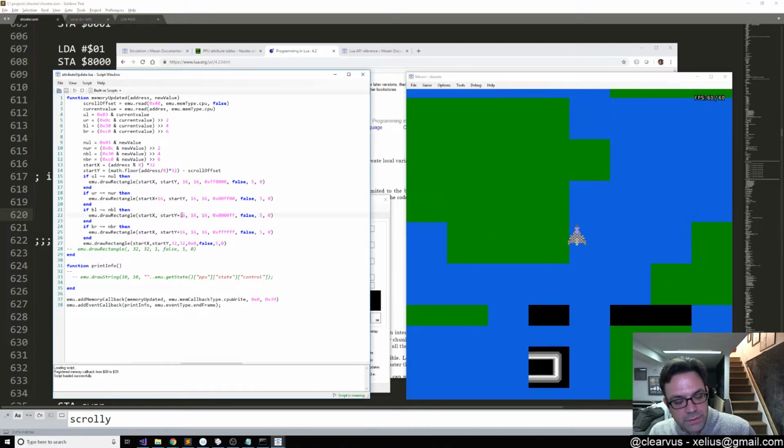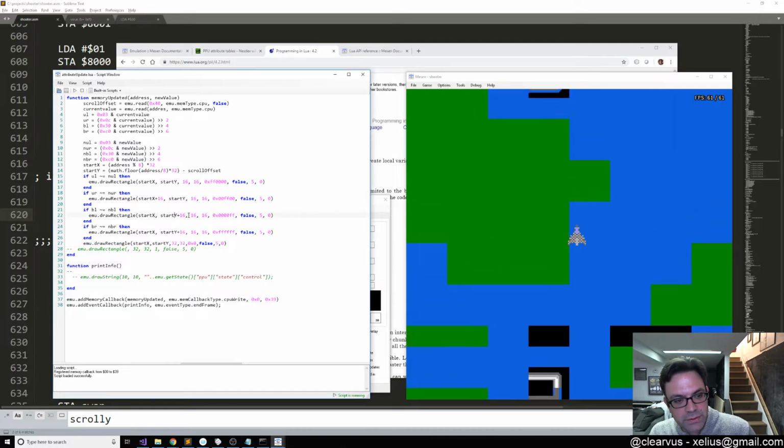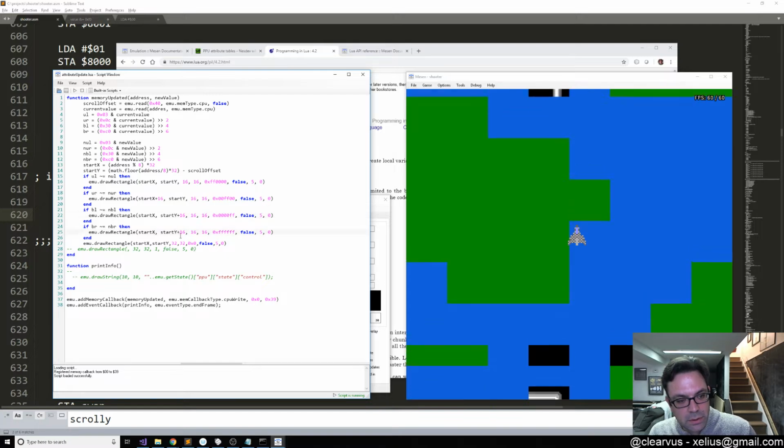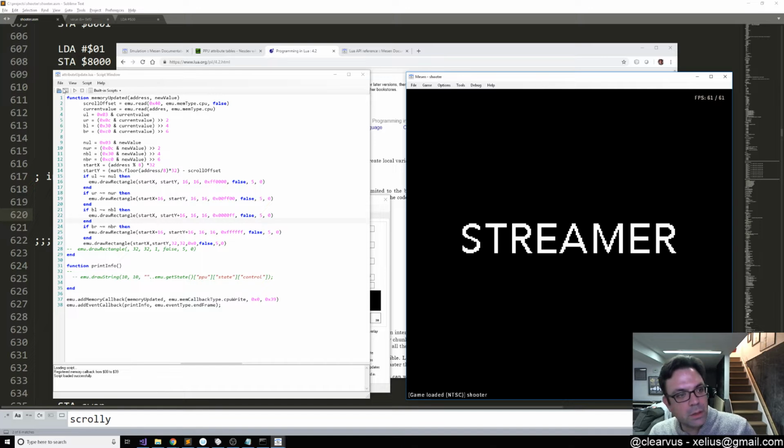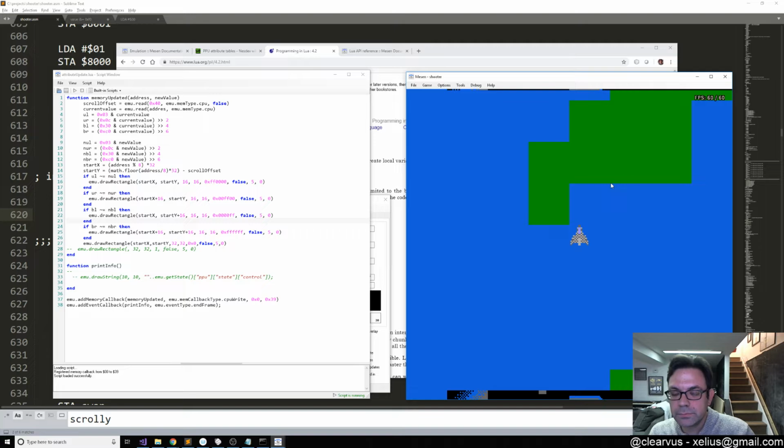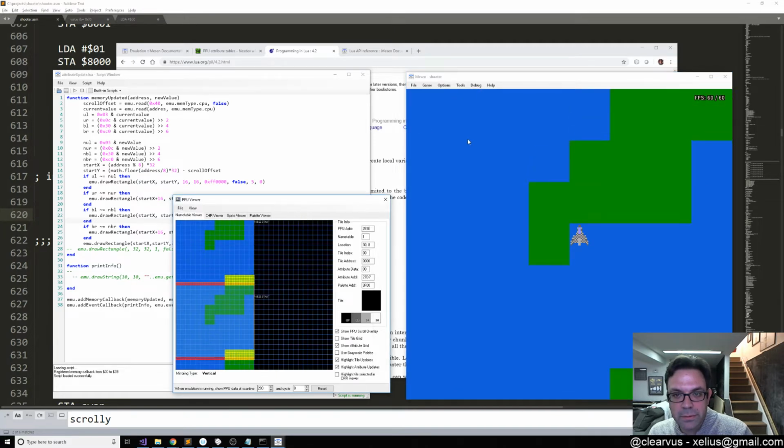Bottom left is just the start X plus 16. Oh, this should be plus 16 also. Let's restart. Run the script. There we go. That looked a little bit more like what I was hoping to see. All right, so now